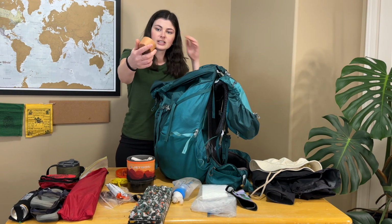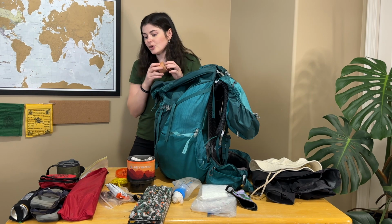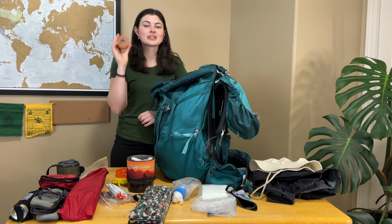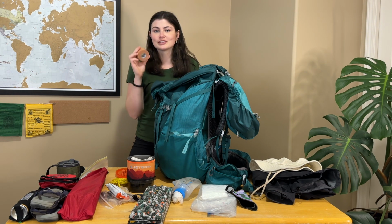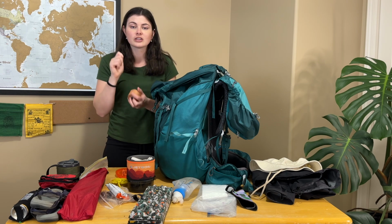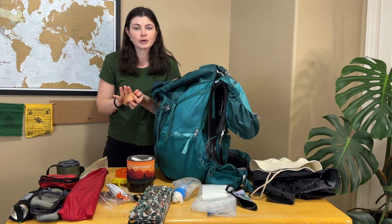It looks like this in full form, but I'm obviously not going to bring the whole roll. It stays on with any moisture, sweat, rain for multiple days. I wear the same piece on the back of my heels. I actually use it more preventative. If you do already have an open blister, it's great to use a little bit of toilet paper over the wound part, and then this is...